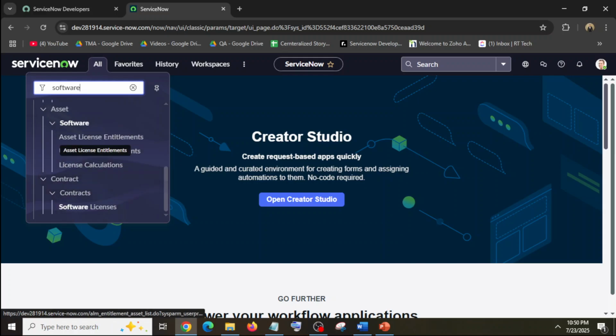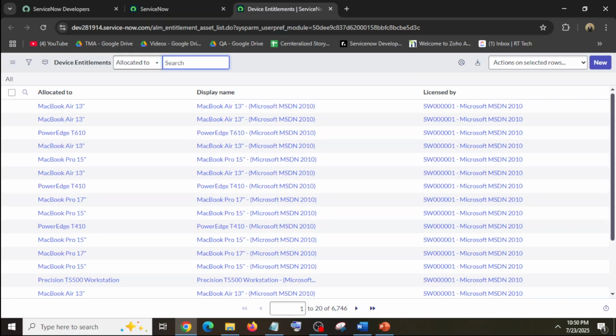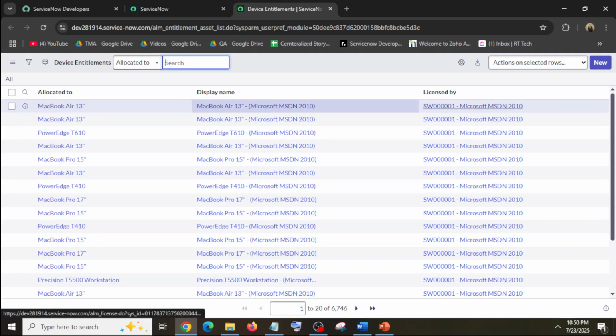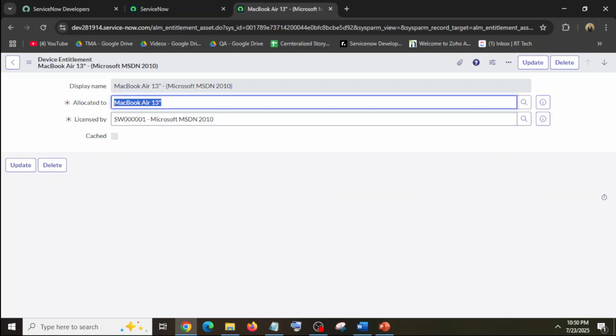If we go to this table, asset license entitlement, then this shows that it is allocated to this, and the display name is this and licensed by this. If we open this record, it shows its display name, allocated to, and licensed by.